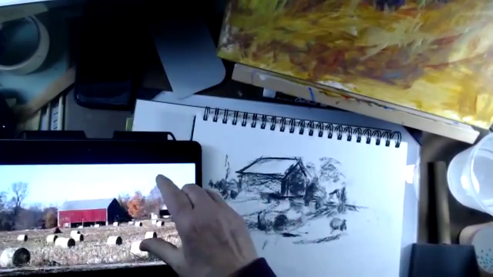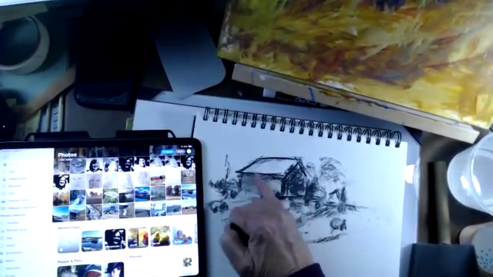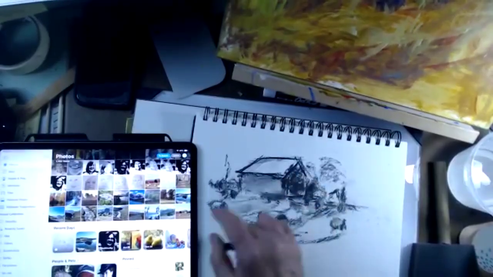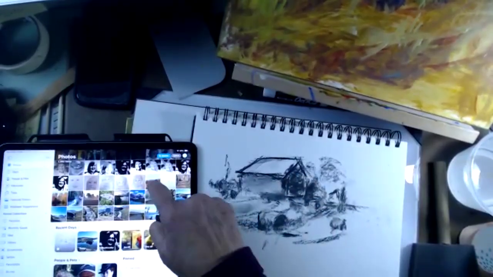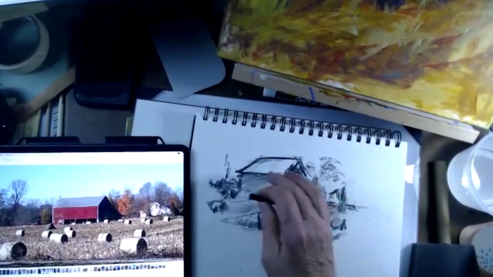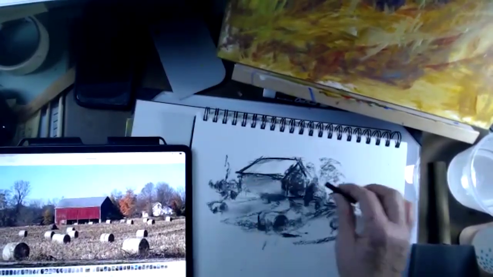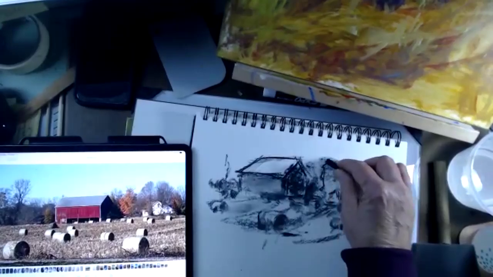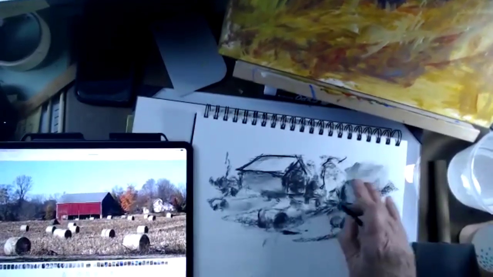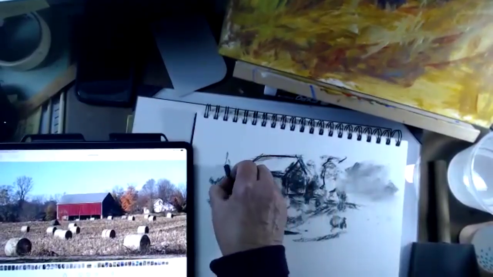And then I started putting value on. So I lost my picture. And then I decided what I want to have on the painting. I've got the orange here. I got some value back here in the trees. So I'm quickly drawing it